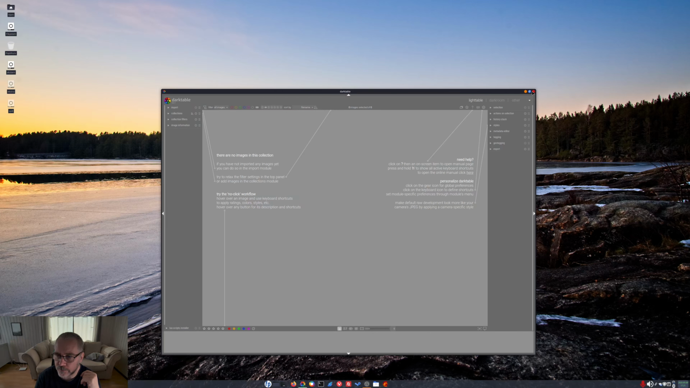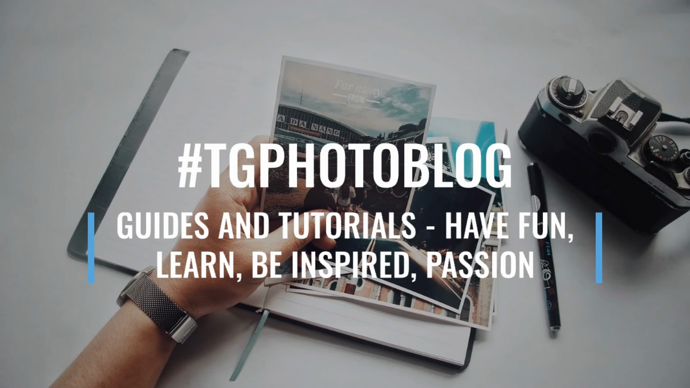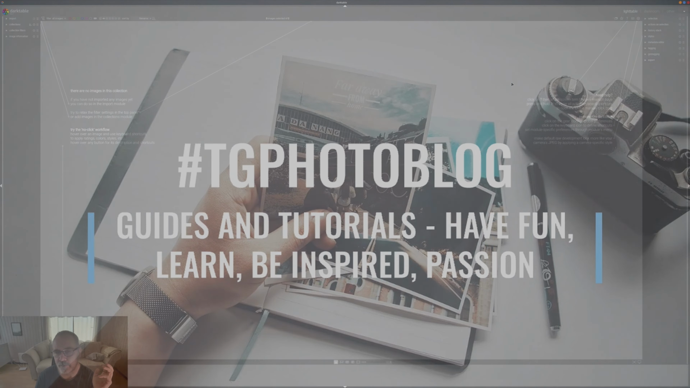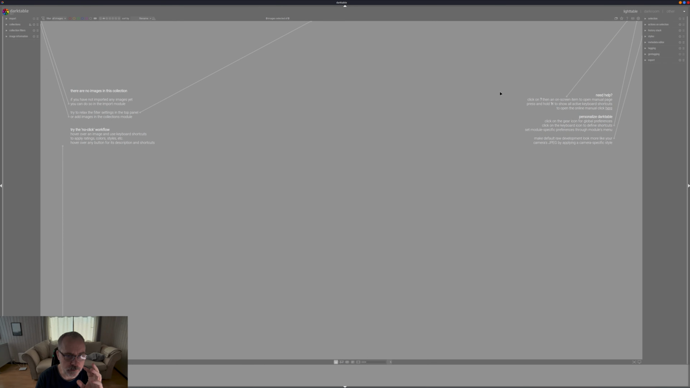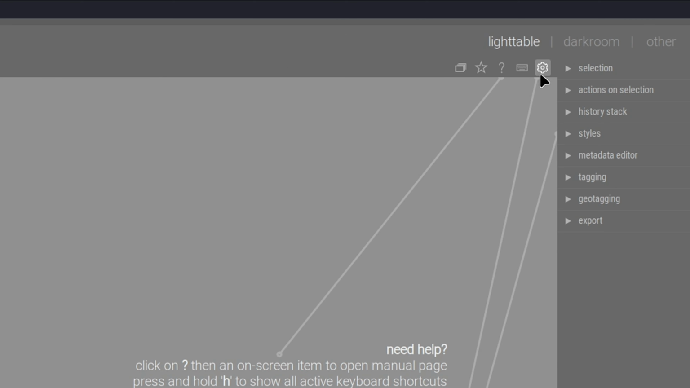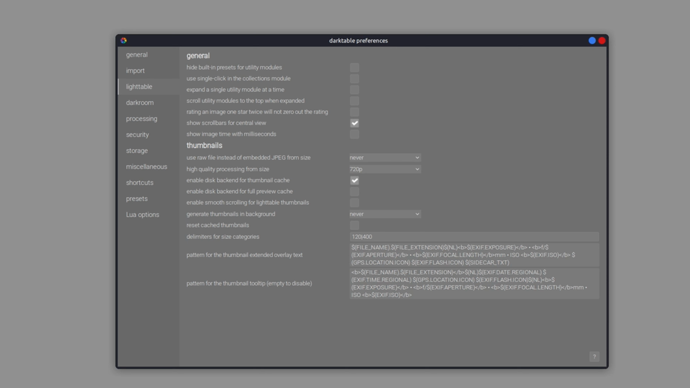Today we are going to set up Darktable. I haven't done any videos about how to set up Darktable and get started with Darktable, so it's about time. This is just how I do it. This isn't really a guide because everyone has different needs, but this is the way I do it, and let's just jump in. So the first thing I always do is to go into the settings, and then I go